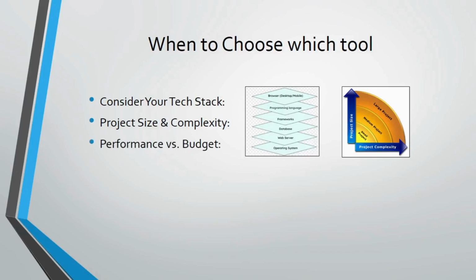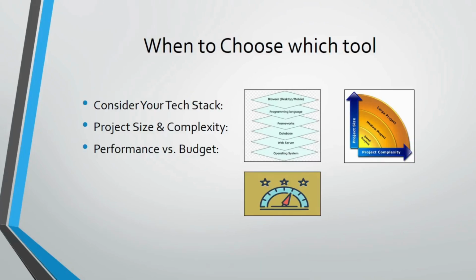The third point is performance versus budget. You had to think like all three frameworks, Cypress, Selenium, and Playwright, are open source. Playwright and Selenium have no usage cost aside from infrastructure, while Cypress Cloud Parallel Runs Analytics is paid if CI speed is critical. So Playwright versus Cypress usually run faster out of the box. So performance versus budget is an important factor.